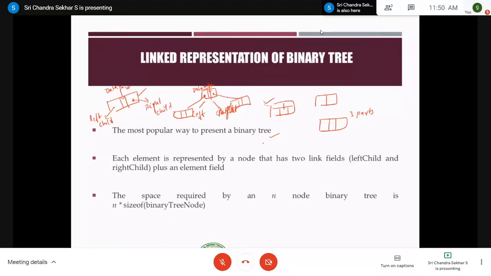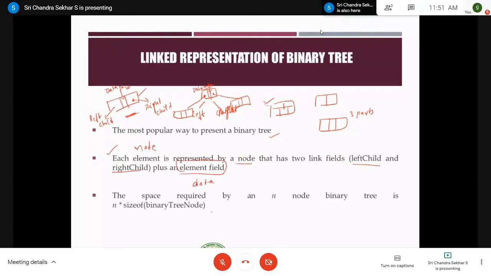And coming to the second point, each element is represented by a node that has two link fields, as I told. One is to the left child and the other one is the right child, plus one element field, which is nothing but the data part, right?